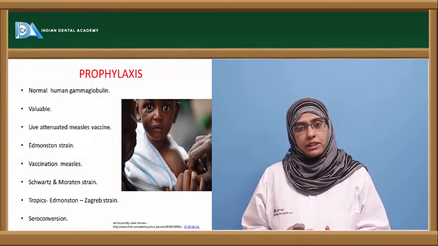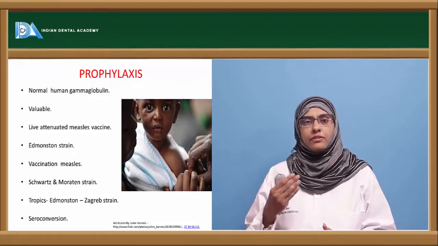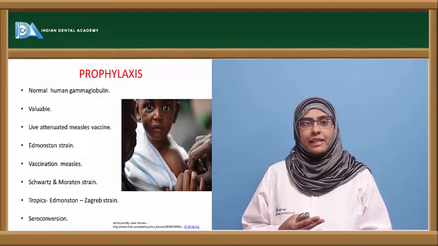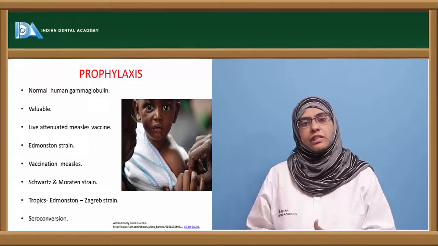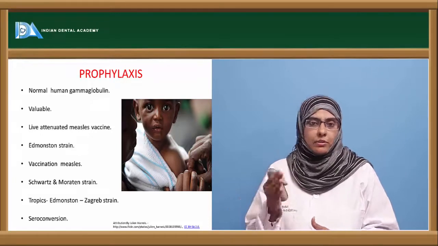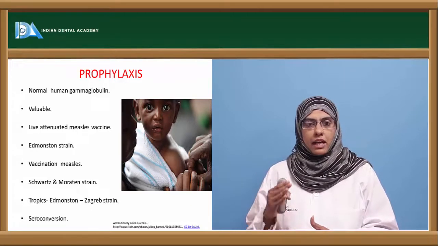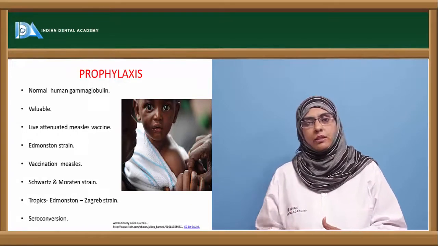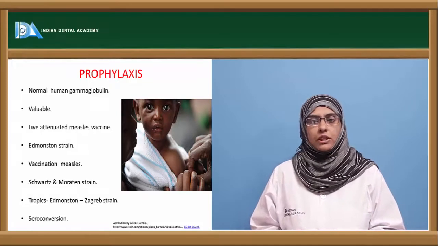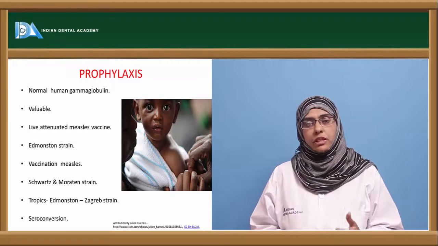Now there was a certain complication associated with it, called febrile rash, also called vaccination measles, because it was not completely attenuated, and hence further attenuation had to be carried out to make it suitable as a vaccine. Because there are certain risks involved, the Edmonston strain has limited use in the prophylactic treatment of this disease. So you can go with the Schwarz-Moraten strain that provides immunity to children who are 15 months and above.